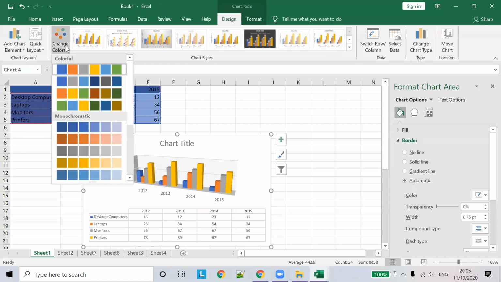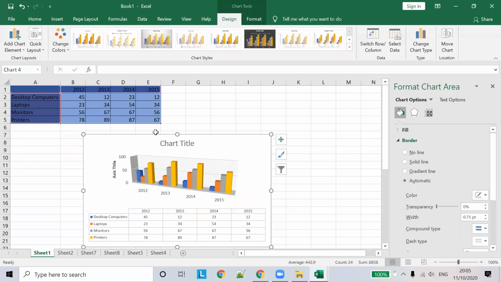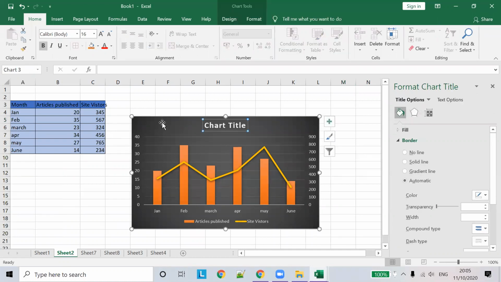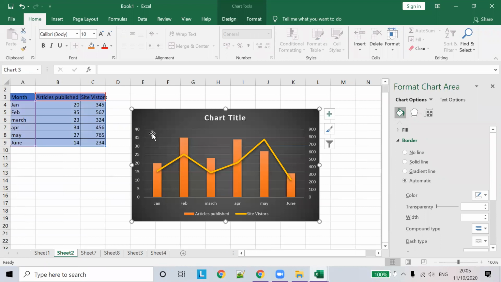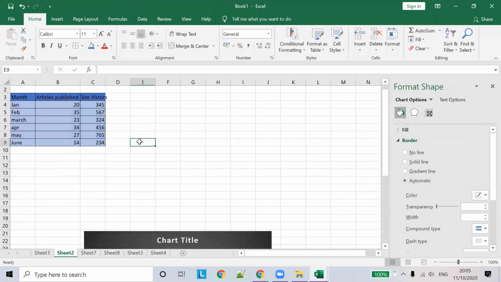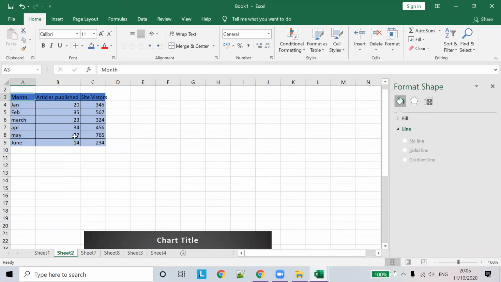And Colors: it will choose different colors for different products. You can choose different colors here and click OK. So that's it about the basics of charts. Then we'll see how to do multiple types of different charts on a single chart area. Okay, so we have this data, and we'll create another chart using Insert.